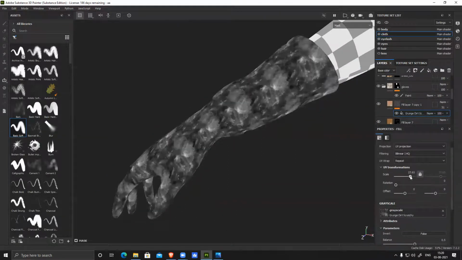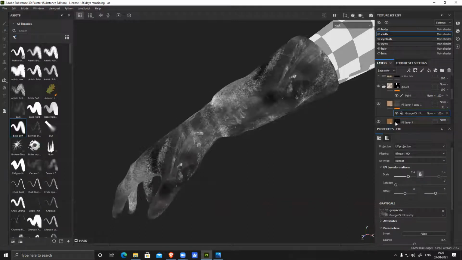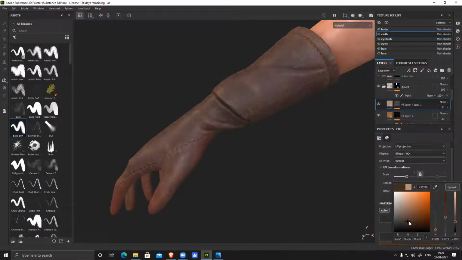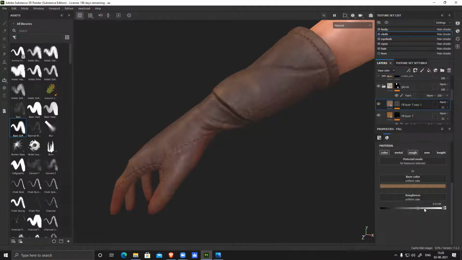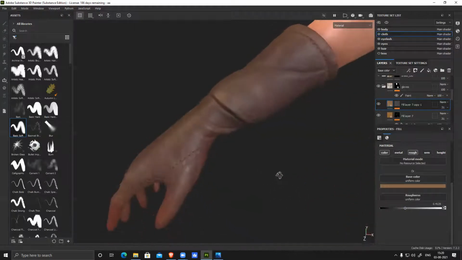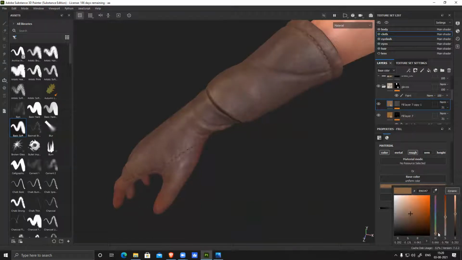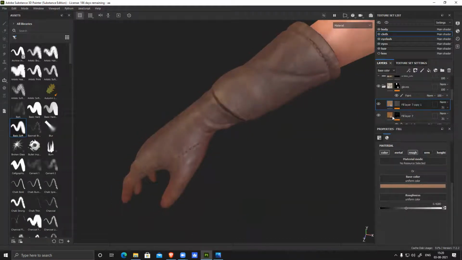This one, or maybe slightly darker in tone. Like this. Let's push it under this.